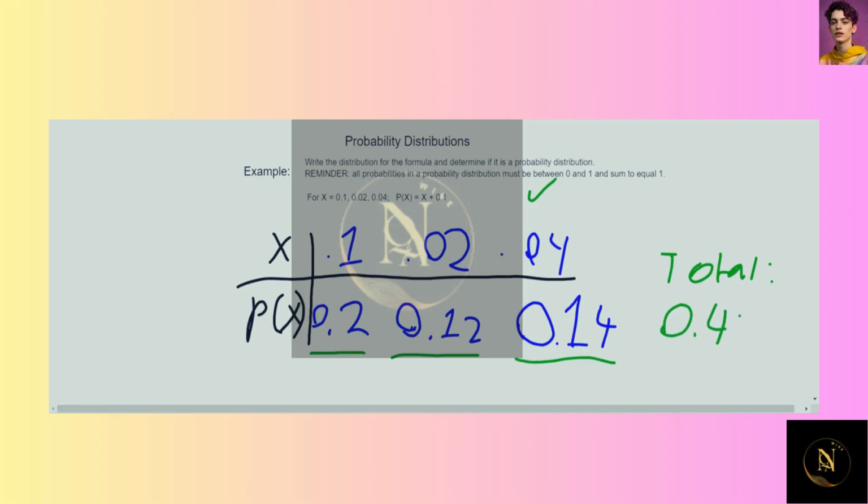And so unfortunately, that means our second rule for probability distributions, that the sum of all of the probabilities must equal 1, is